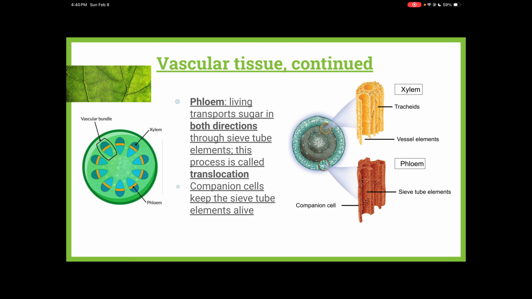Okay, another type of vascular tissue is phloem, and this transports sugar in both directions. It's made in the leaves through photosynthesis, but it's going up or down because it's providing the glucose needed to go to the mitochondria to get ATP. Okay, movement of the phloem, they call it translocation. It's moving from one place to another. And then you have different types of cells. You have sieve tube elements. You can see the picture, it's like the reddish orangey one. And they have companion cells that help keep this portion of the plant alive.